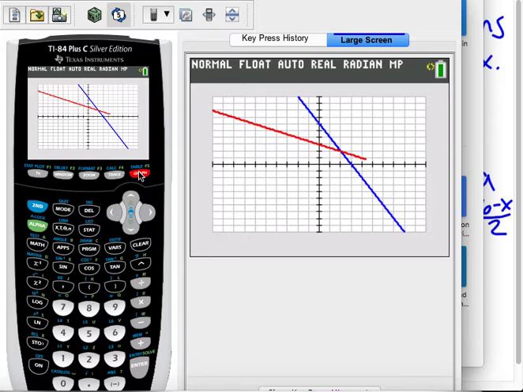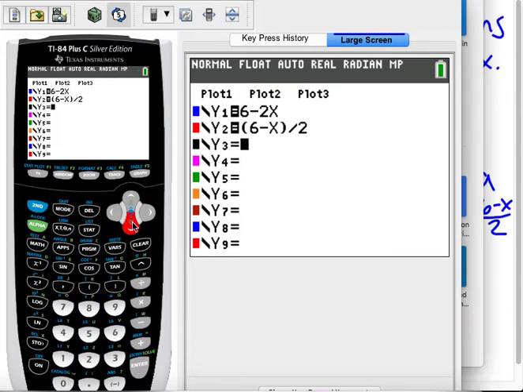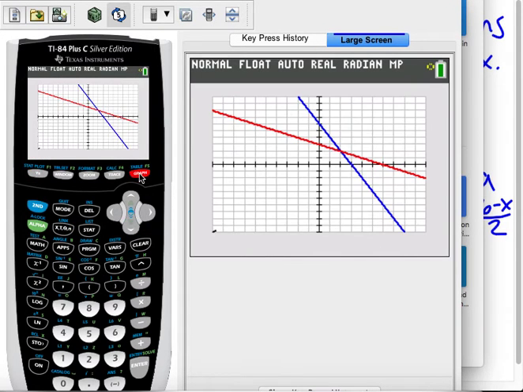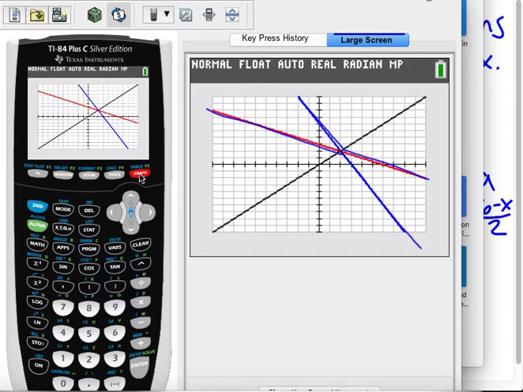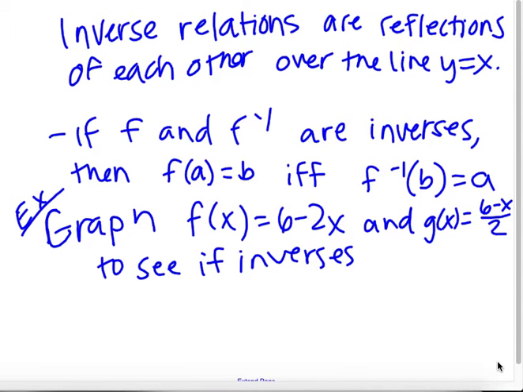If it's kind of hard for you to see, you could also graph the line y equals x and compare that. So imagine if we folded this on that black line, would it be mirror images of each other? Which, yeah, in this case it would be. So you can kind of see this would be a mirror image with this, and this would mirror onto that. So those are inverses. We could verify that graphically on your homework, when asked to verify inverses, you can feel free to do them graphically or algebraically. Okay,